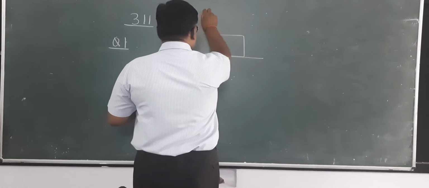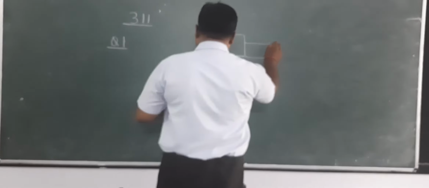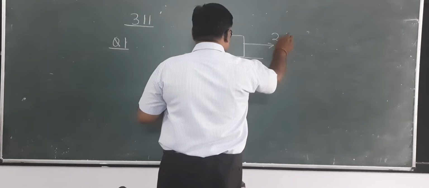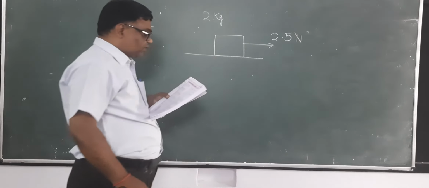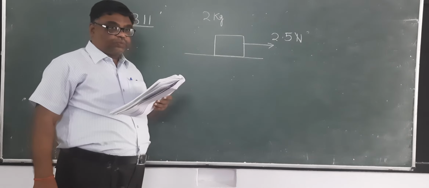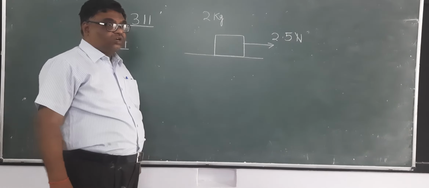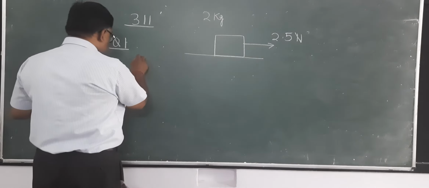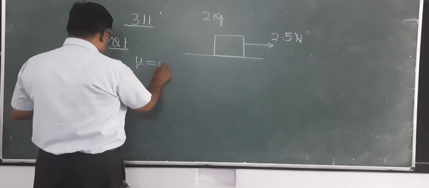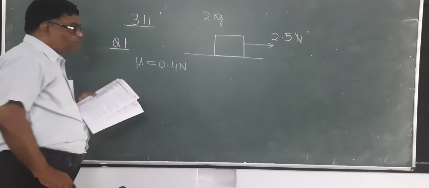It is of 2 kg. How much force is applied? 2.5 Newton. If the coefficient of static friction between block and floor is 0.4, find the force of friction. You have to find the force of friction if the coefficient of friction is how much? 0.4. So see here, first you find out the